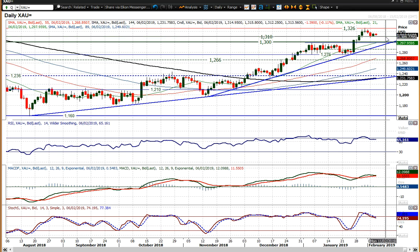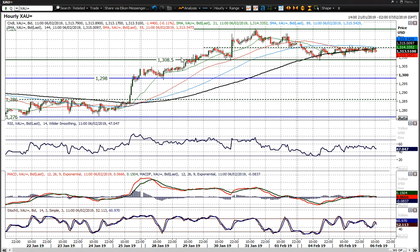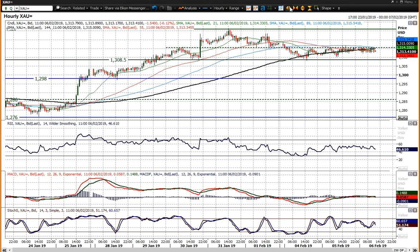The bull arguments are still in place, and I think you're looking out for using this correction as a chance to buy it ultimately. It's just whether you see a little bit more of a correction within that pivot band first. Now, 1308 held as a support, but within that, on a near-term basis, as you can see here on